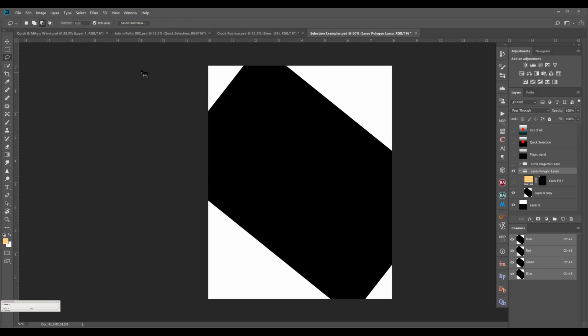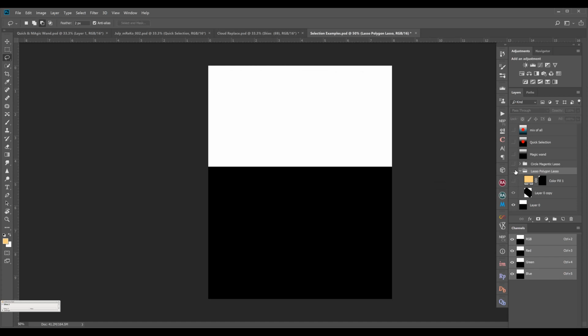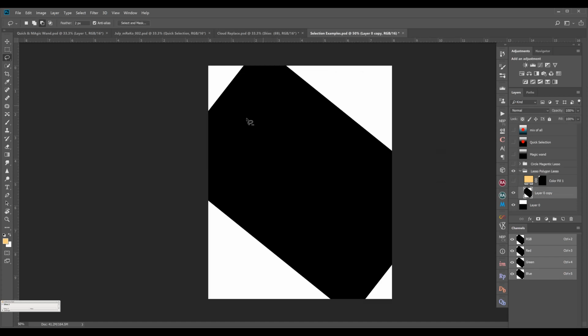The lasso tool is a kind of freehand sketch wherein you can just draw. If I want to select, I will put the cursor here and draw the selection like this.